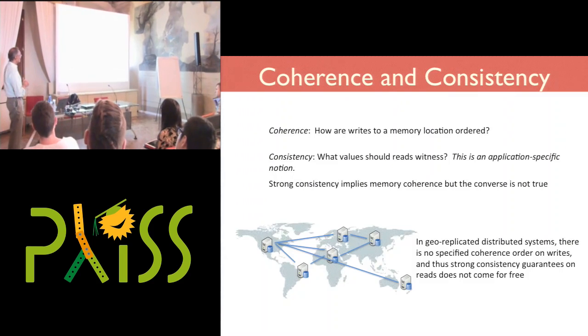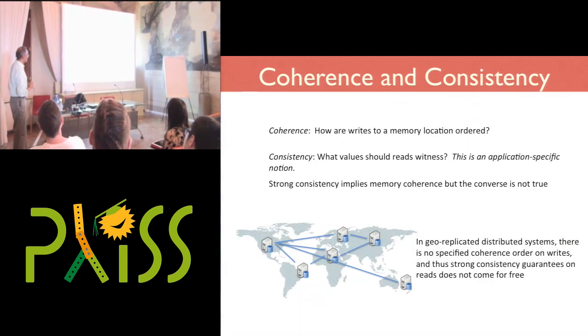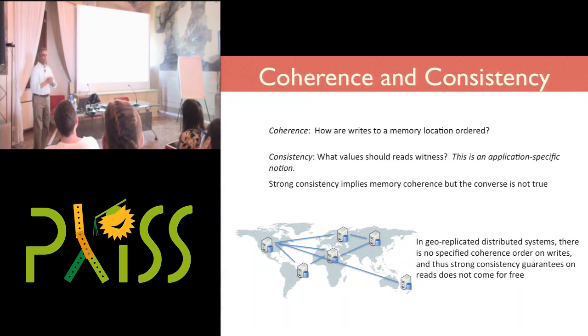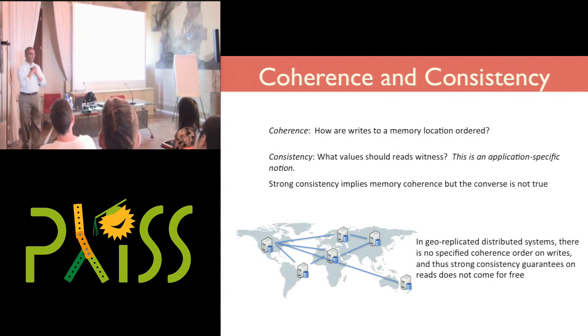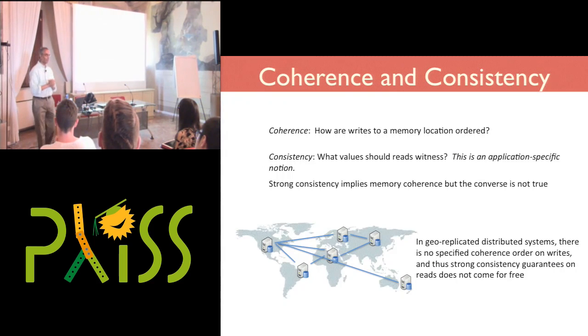In the framework that we're going to be considering, the picture on the bottom is the mental model that you should have. You have a collection of servers. These servers are going to be geo-replicated. They're going to have data that may be local to them, but more likely than not is replicated data that may have been generated somewhere else that flows into them over time. And there's communication between them, but it doesn't have to be a complete graph. Not all nodes need to be connected to all nodes, but what we do expect is that eventually every piece of data that I write will be seen in some form or another on every node that comprises the system.